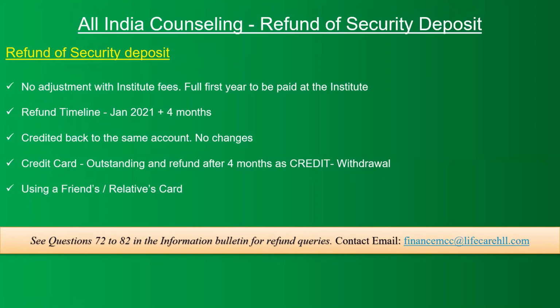The refund timeline is usually almost 2 months after the end of all counseling processes. The counseling process is expected to end in March, in the third week of March. So it will take another 2 months from that timeline, which means when you're paying in Jan 2021 for round one, it will take 4 months from now. So if you're paying 2 lakh for deemed especially, you plan that the amount will be refunded at the end of the 4th month if you are eligible.